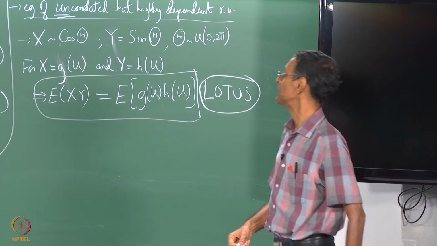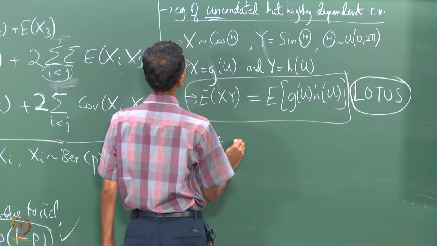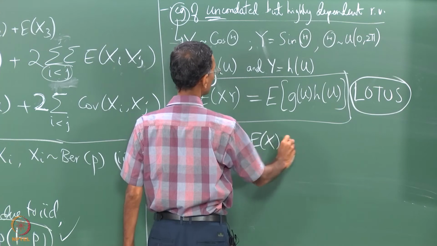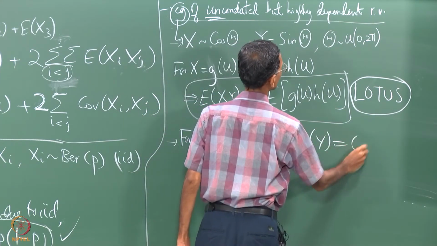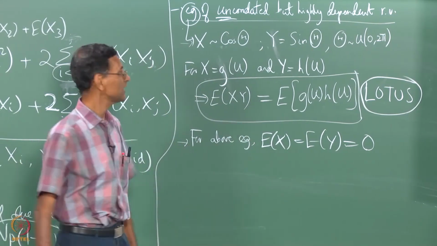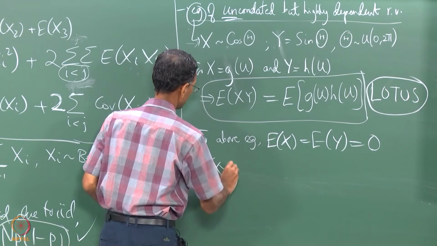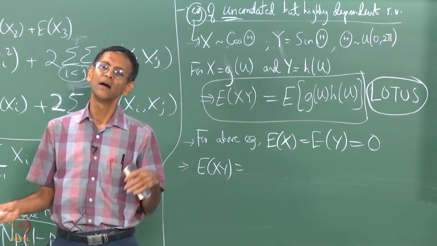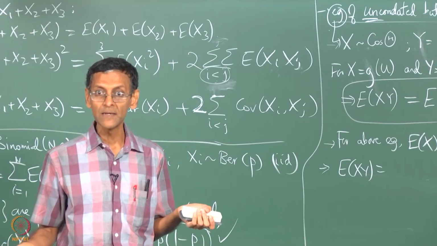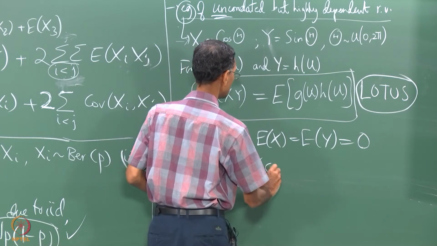which in this case is going to be what? For the above example, it turns out that E[x] and E[y] will both be 0, and E[xy], do this and tell me what E[xy] is supposed to be. E[xy], it turns out, is nothing but E of cos theta sin theta, and by simple trigonometry, what is cos theta times sin theta? It is sin 2 theta divided by 2. It is easier to write it like that. So it is half of E of sin 2 theta,